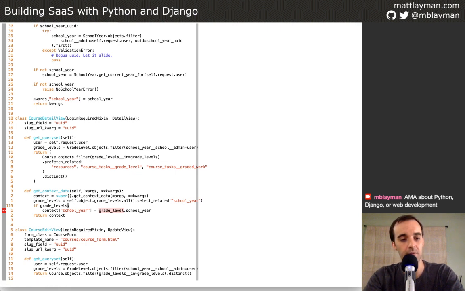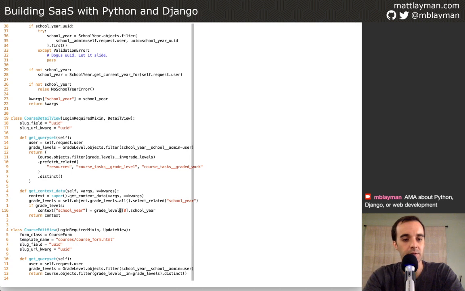And if we know that there are grade levels, then we can safely pick any of them. So I'm going to just take the first one because all of these grade levels are connected to a course, and just by the nature of how I set up the data, they're all going to be coming from the same school year, so it doesn't really matter which one I pick. Oops, but we do need to pluralize it. All right, so I think